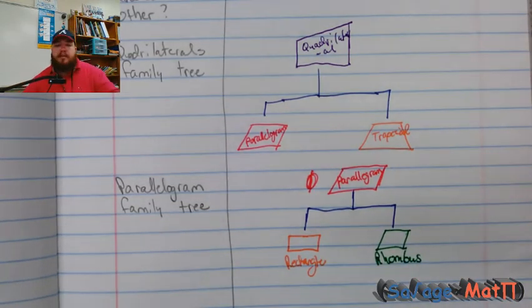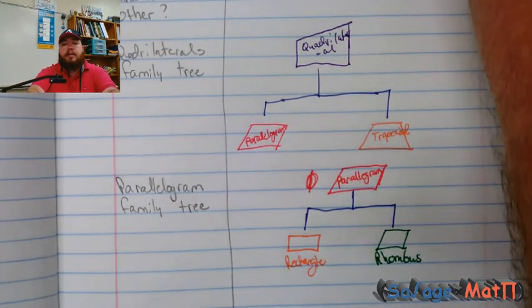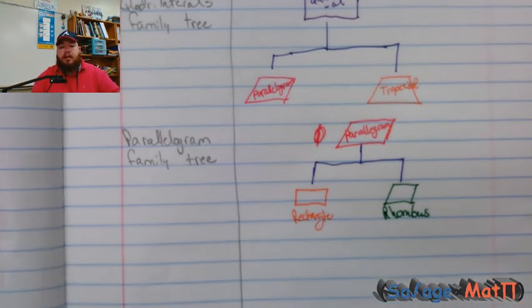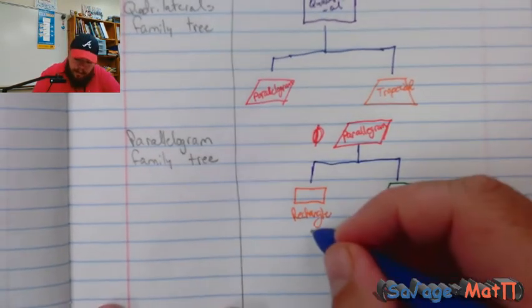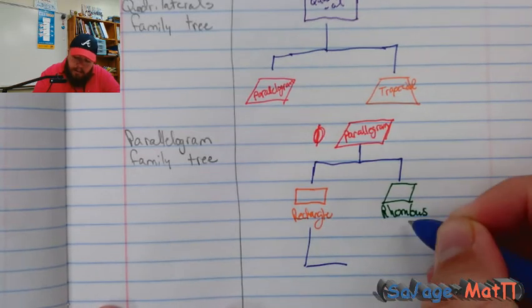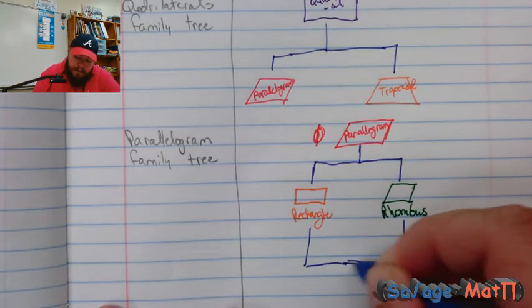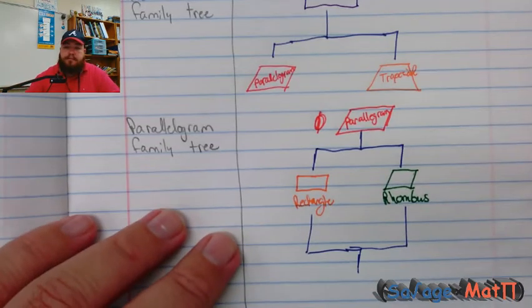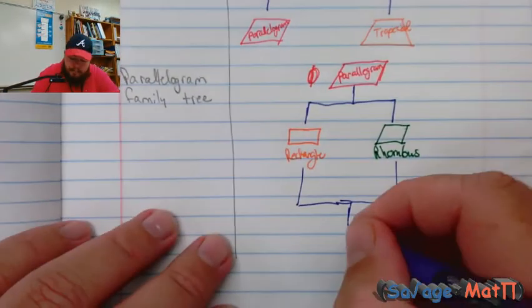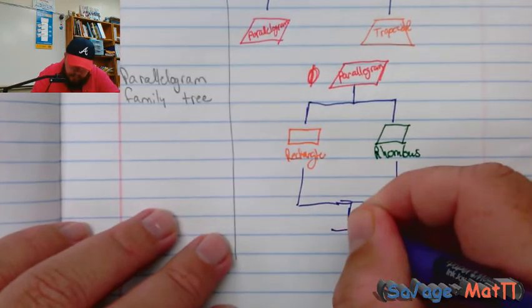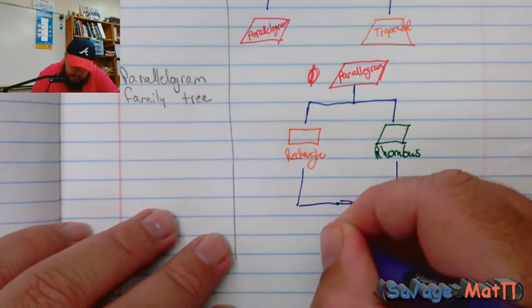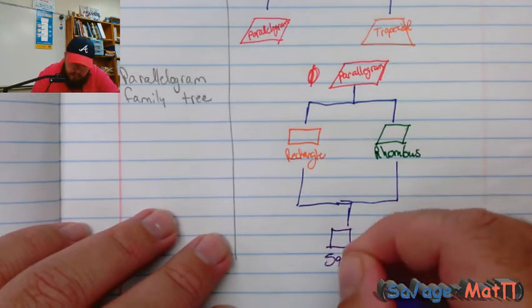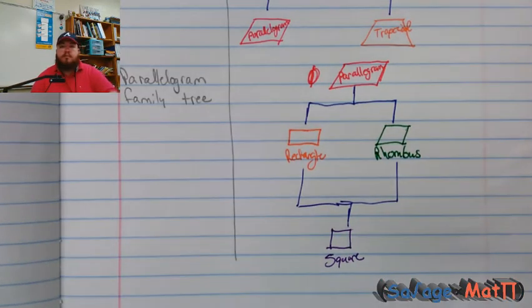But one interesting thing about the parallelogram family tree is that a rectangle and a rhombus can both be classified as what? A square. So when we determine to classify a quadrilateral,